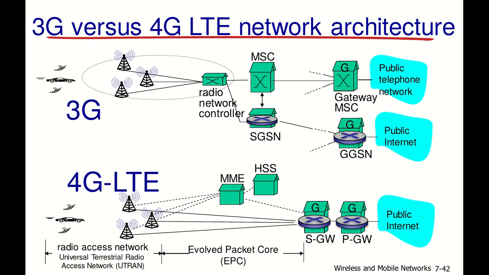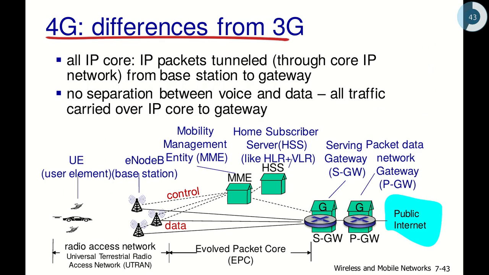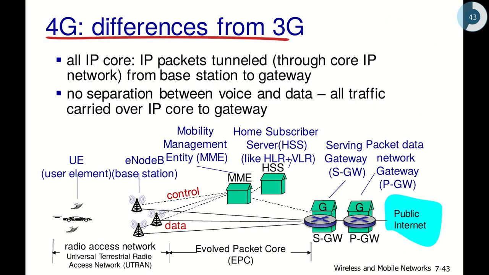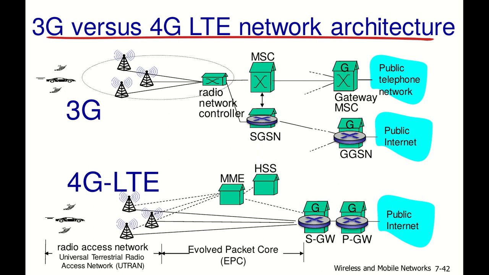Alright, now we come to the 4G or 4G LTE networks. Now we can compare the two, 3G and 4G LTE networks. There are two important differences between 3G and 4G. Now in 4G, there is no more separation between voice and data traffic, so everything is unified into one IP network. So there is no separation between voice and data anymore. And also the core network